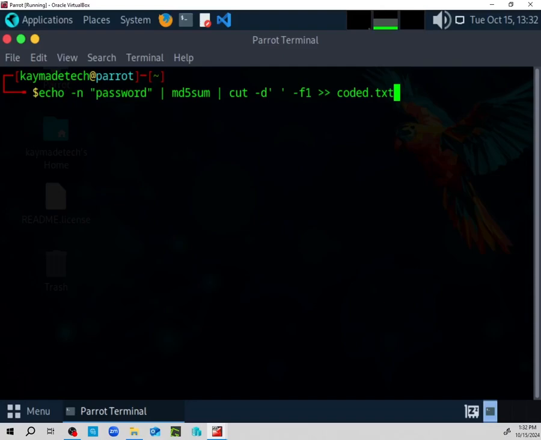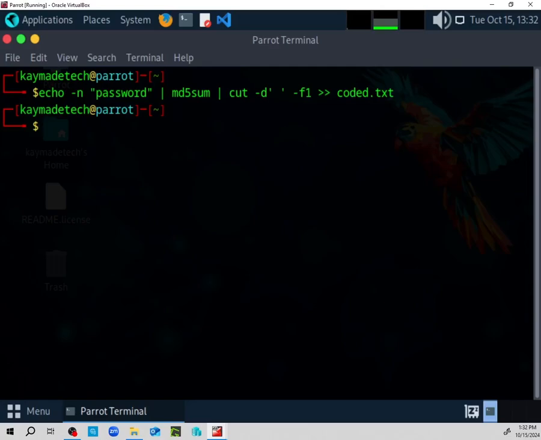You understand? So it creates that space. And the -f1 extracts the first field, so we don't have everything lumped together. Once we press enter,